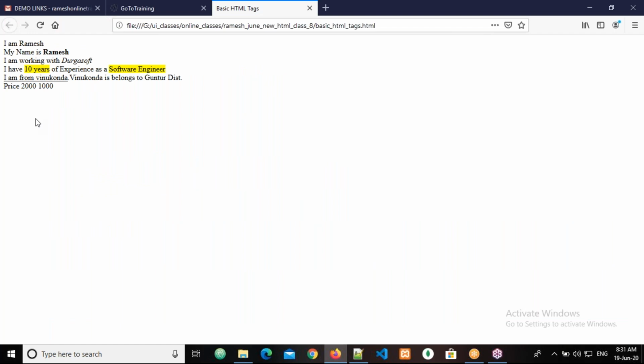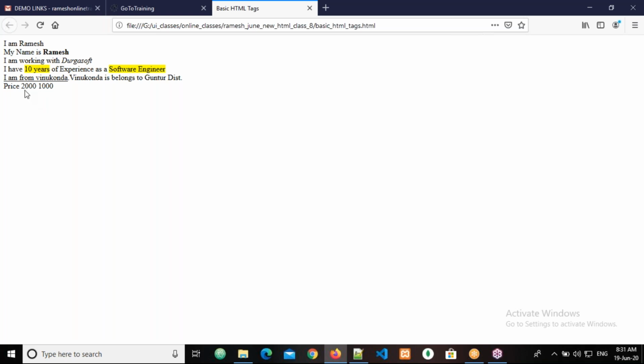See, if we put it like this, price 2000, 1000, everybody will be confused. Why is he putting 2 numbers for one single label called price? Either we should put 2000 or we should put 1000. But why am I putting it like this? All the users will be confused. But here my intention is to tell the user not 2000, only 1000.